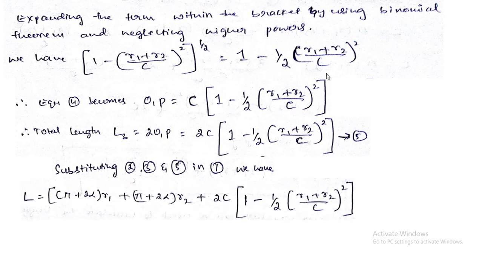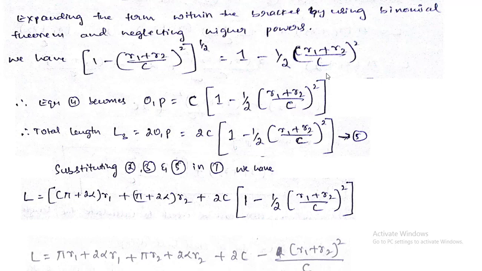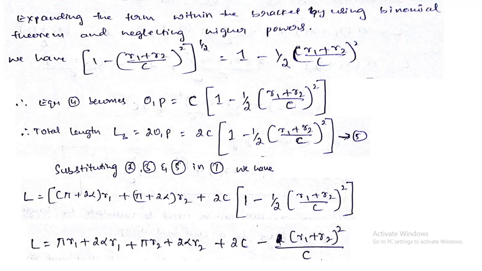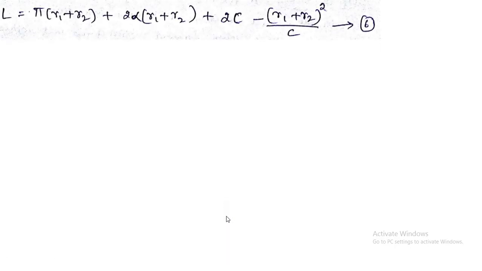If you substitute that, we'll get an expression like this, and we'll multiply the terms which are outside the bracket with the terms inside the bracket. We'll multiply and simplify them, and after that we will get an expression, and in that expression all the terms can be calculated except alpha. Alpha is unknown here. Yes, alpha has to be calculated.